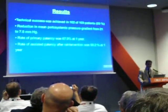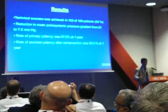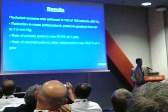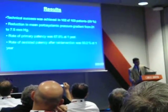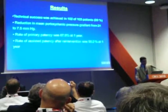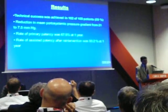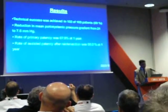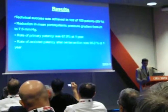We achieved a technical success rate of 99%, with only one case of failure, and this was due to bleeding during the procedure, so we didn't continue the procedure and referred the patient for surgery. We achieved a reduction in mean portosystemic pressure gradient from 21 to 7.5 millimeters of mercury. Rate of primary patency was about 68% at 1 year, and rate of assisted patency after re-intervention was about 90%